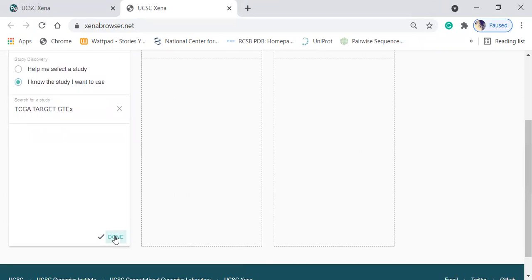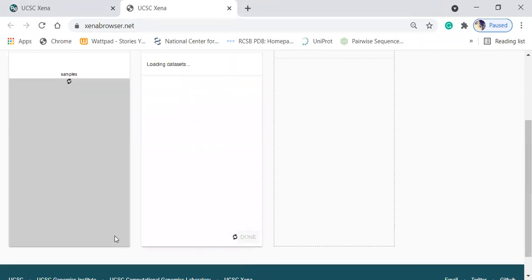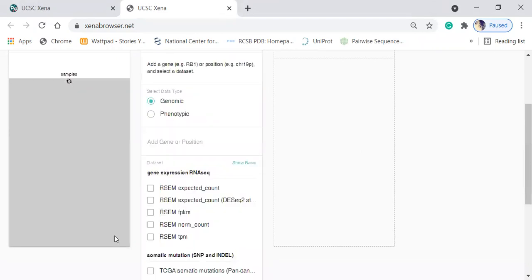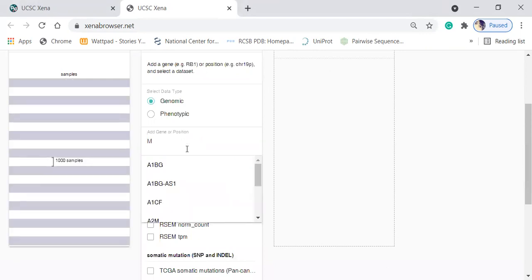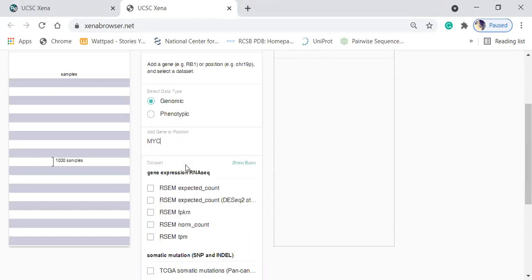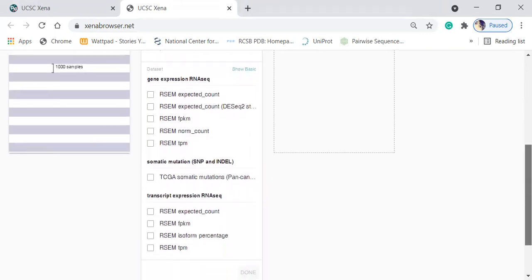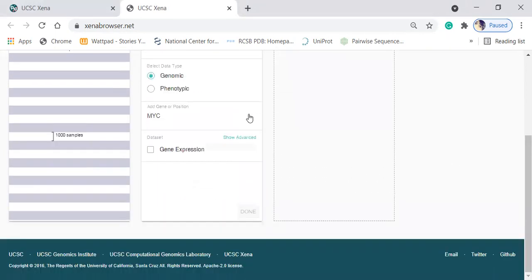We have to select done. Then here we have to type MYC. Then I have to click on gene expression, and then I have to select done.